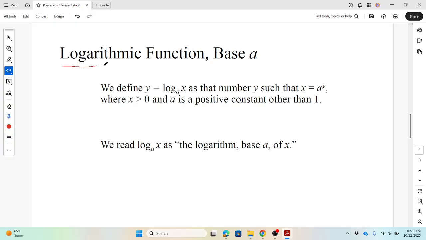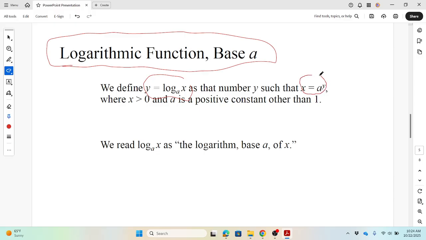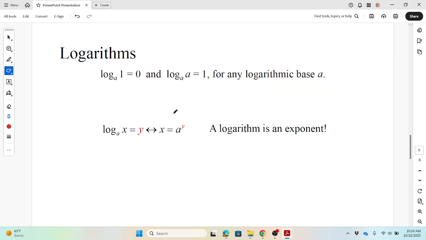So we can now define the log function with a base a, and this is the notation. We can find the values for the graph of this function by using this equation. How do we read it? We say the logarithmic function with the base a of x, logarithm base a of x. That's how we read it. If you go over the log function, you always find the value of the log function, no matter what base you pick,